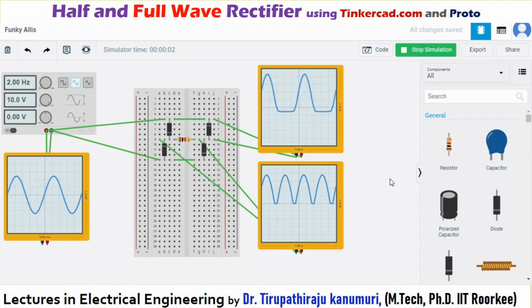Let us see the input and the output waveforms. So input, you can see you are giving a sine wave. Output, you can see full wave output is coming. Across any one diode, you can see only for half cycle it is reverse biased, half cycle it is forward biased. That means half cycle, you can see the voltage drop across, this gap is coming because there is a drop of 0.7 volts across the diode during the remaining half cycle.